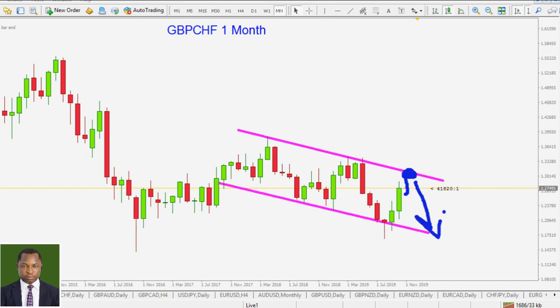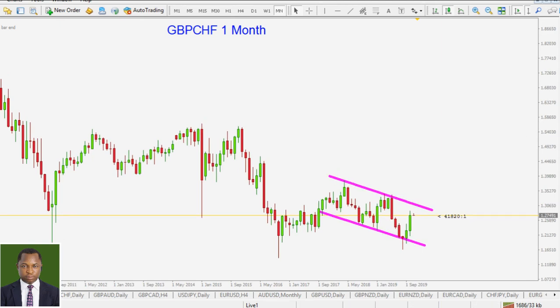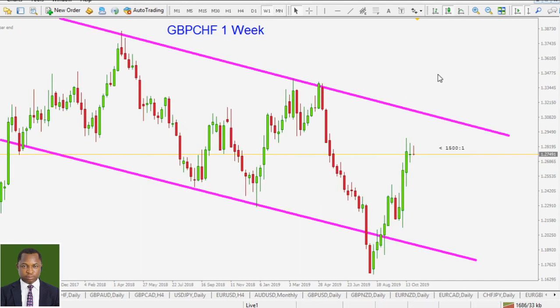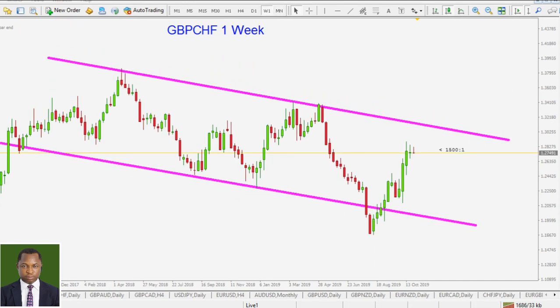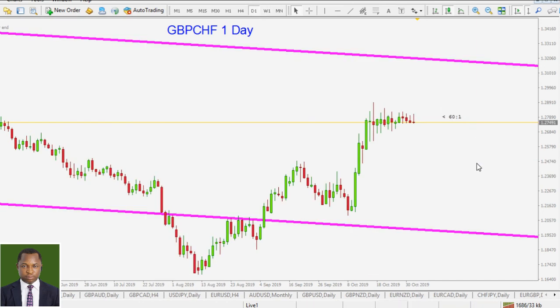All right, again, most brokers have warned it is extremely risky to trade the sterling pound crosses ahead of the Brexit general elections. Okay, in the weekly time frame, that was the fake breakout we talked about. That's the fake breakout. We expect to see a reversal anywhere around in here for price to turn back down. So let's keep our fingers crossed that hopefully we are going to find an opportunity there.